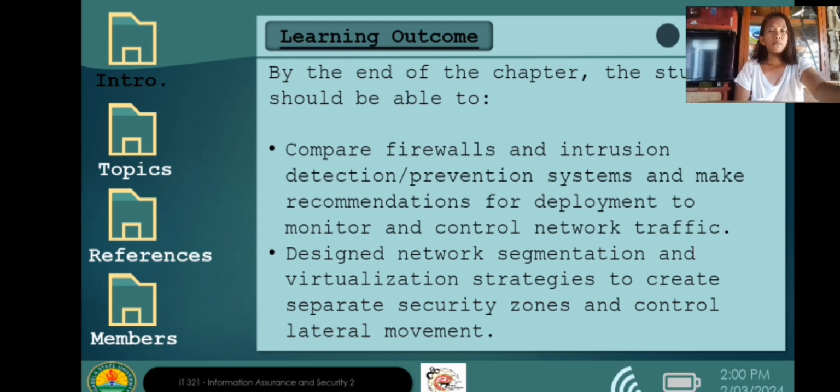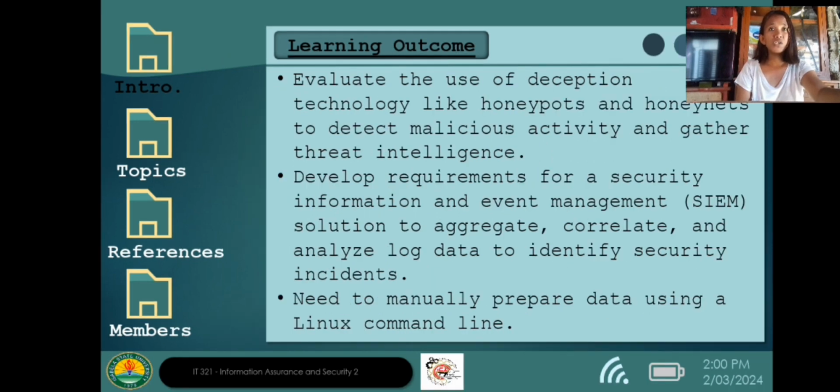So, the learning outcomes. By the end of the chapter, the student should be able to compare firewalls and intrusion detection prevention systems and make recommendations for deployment to monitor and control network traffic. Second is to design network segmentation and virtualization strategies to create separate security zones and control lateral movement. The third learning outcome is to evaluate the use of deception technology like honeypots and honeynets to detect malicious activity